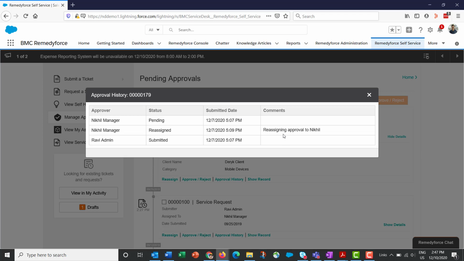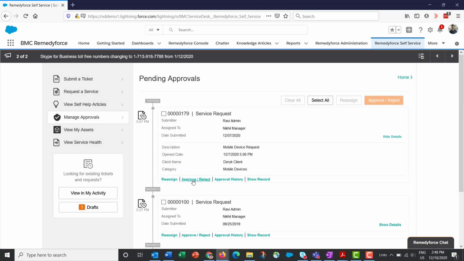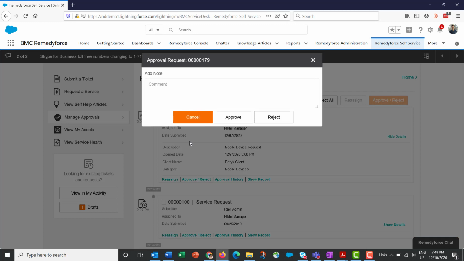It's possible that certain records may have multiple approvals depending on how the approval process has been set up. A record may have one or more approvals. So this shows me an audit trail of approvals, which approvers have approved, which ones are pending, and what approval comments were entered by previous approvers. To approve a record, I can click on the approve reject link, enter a comment, and then I can click